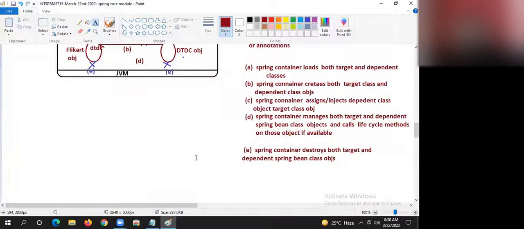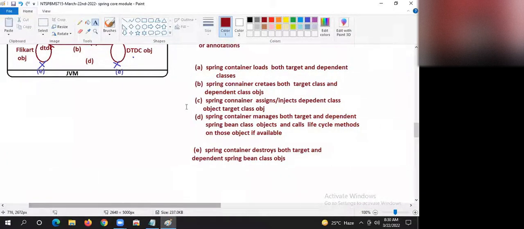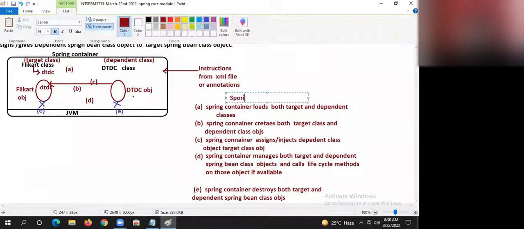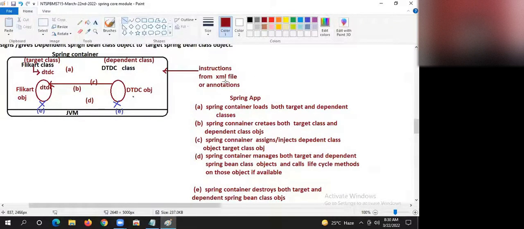Convinced, guys? Convinced or not? Okay. In a Spring application, that means your life is going to become more simple in the coming days. Did you realize that?